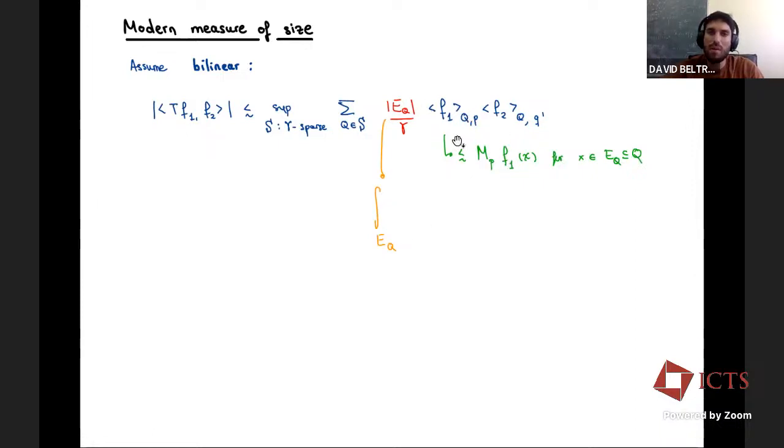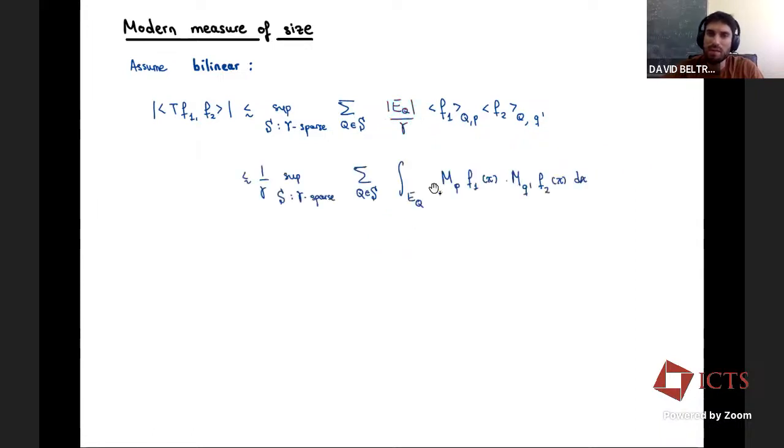And now, because the measure of E is the integral over E, I can replace all that by a sum over all cubes in my sparse family, integrating the product of these two Hardy-Littlewood maximal functions associated with powers P and Q prime, over the subsets E_Q. They are disjoint, so I can sum over all E_Q to get integration over all R^d. And now I can apply Hölder's inequality to split the two things. Now sparseness does not play a role anymore. So